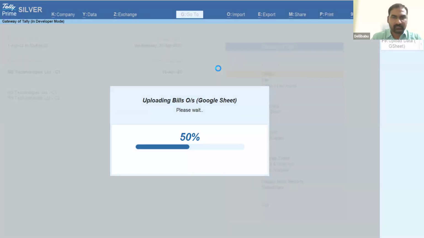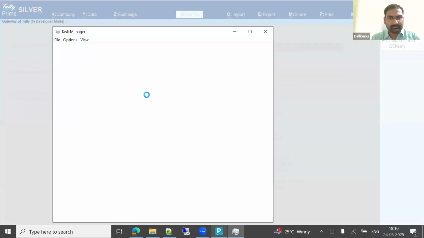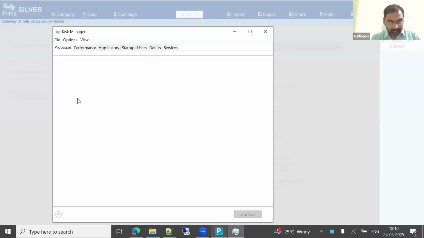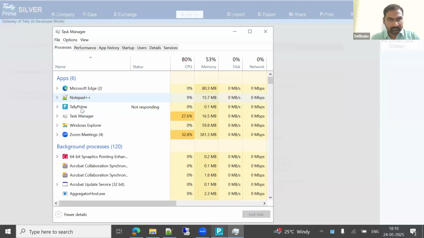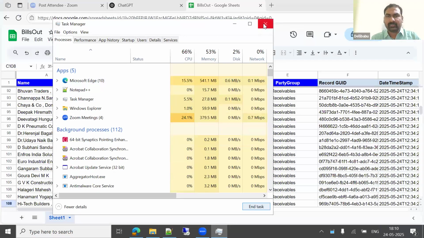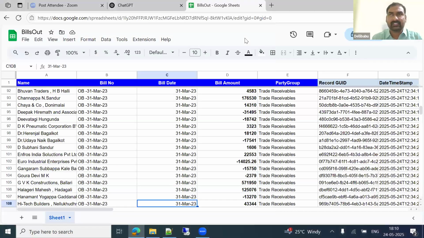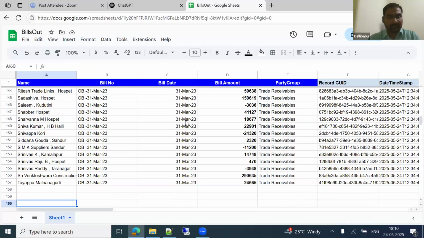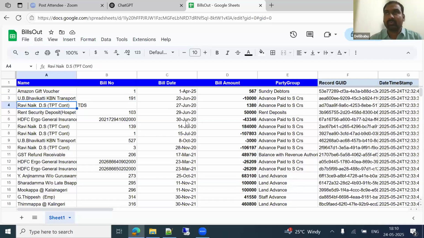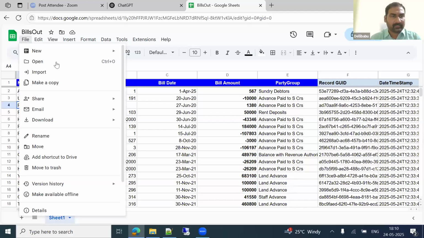Okay, I'm just quitting my Tally. For management review purposes or aging analysis reports, you can construct them here, and you can send your aging reports from here every week, if required for management review. See, this is how it will come, but how can we construct it in Google Sheet? Quickly, maybe in a minute, I'll show you how we can create